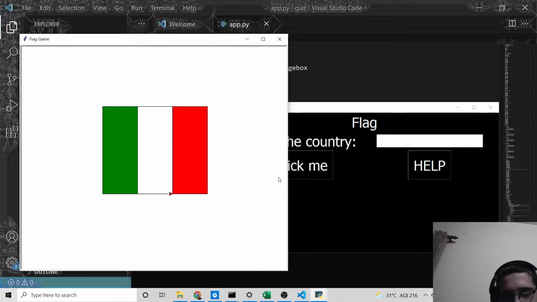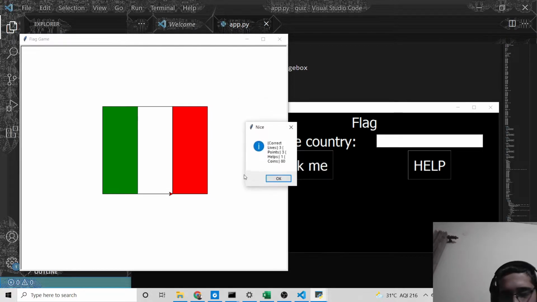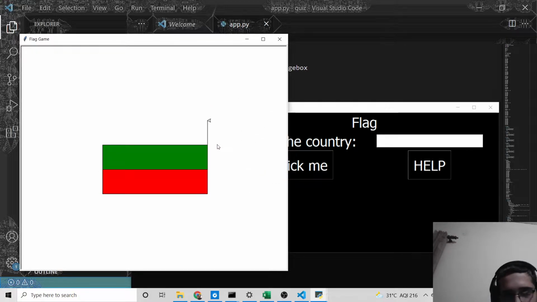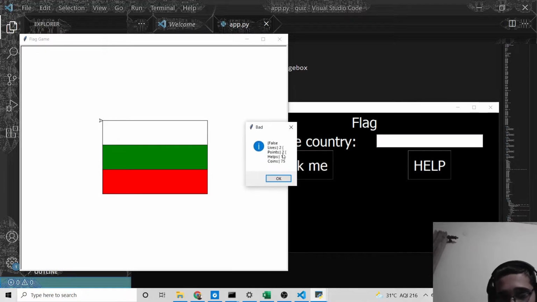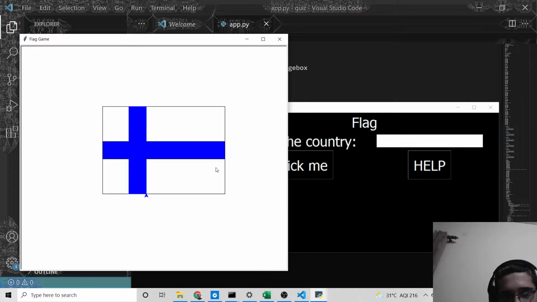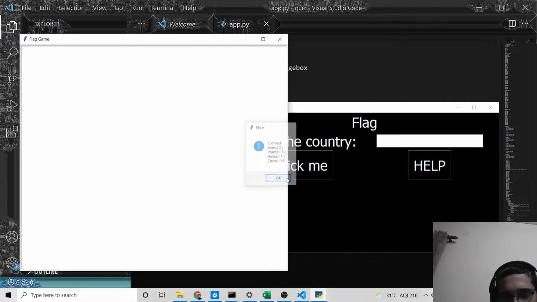Again, this is the Italy flag, I click, correct. And this flag I don't know. If I fill out a wrong entry, let's suppose I fill out India, you will see false, lives remaining 2. Once again I know this country, which is Finland, click, correct.